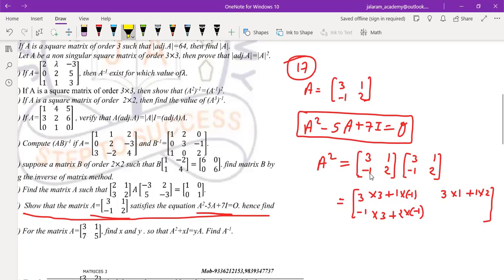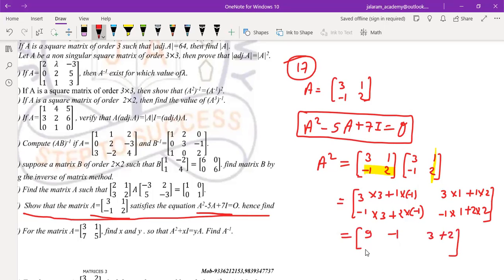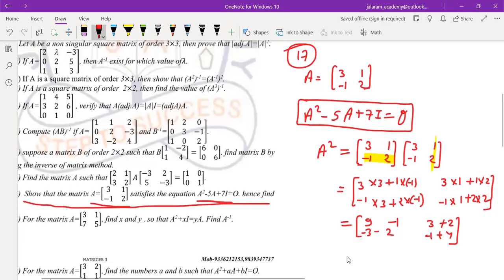Then second row, second column: minus 1 into 1 plus 2 into 2. 3 3s are 9, minus 1, 3 plus 2, don't skip the steps, minus 3, minus 2, minus 1 plus 4 equals to